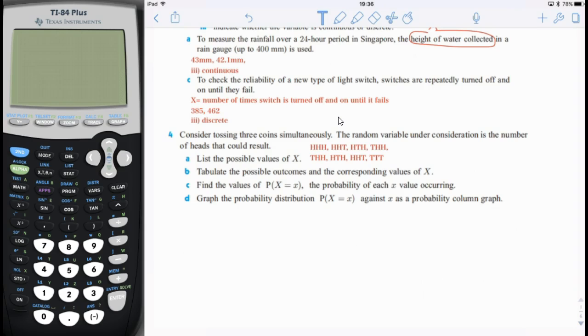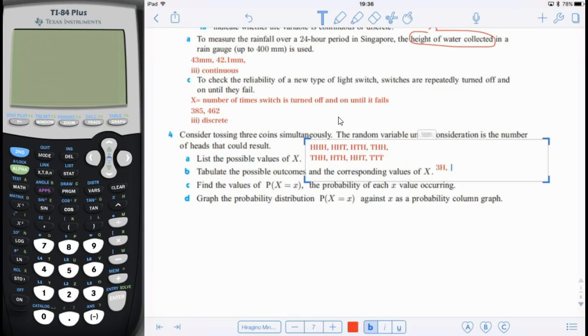Tabulate the possible outcomes and the corresponding values of x. Okay, so we got 4 possible scenarios. We have the 3 head scenario. We have the 2 heads, 1 tail scenario. We have the 1 head, 2 tail scenario, and then we have the 3 tail scenario. And so how many